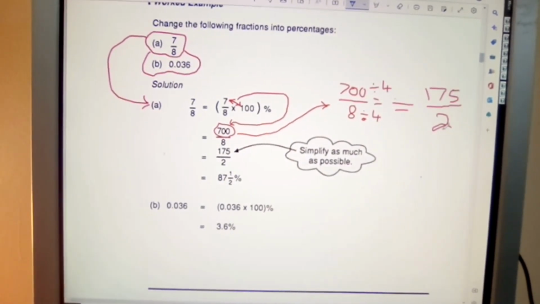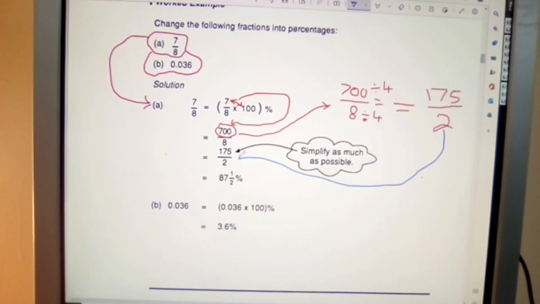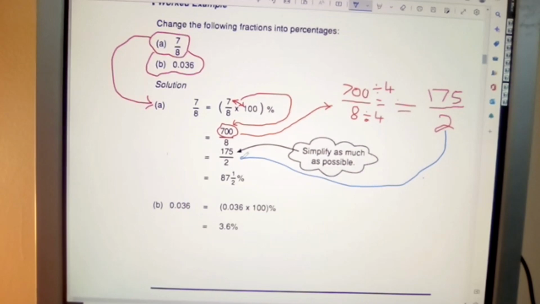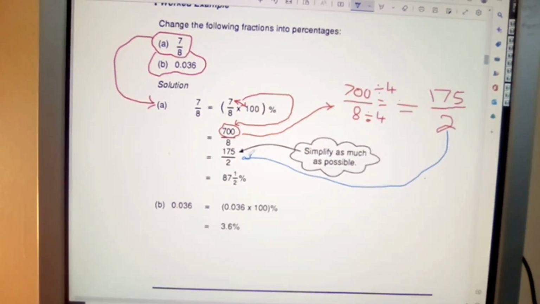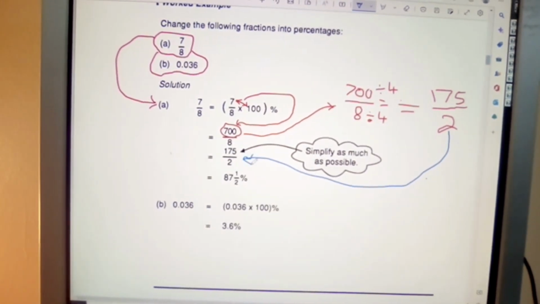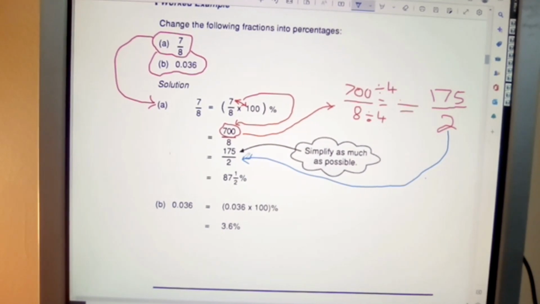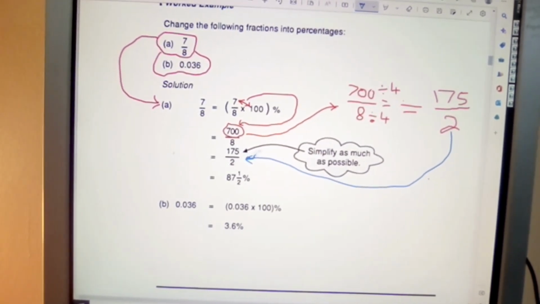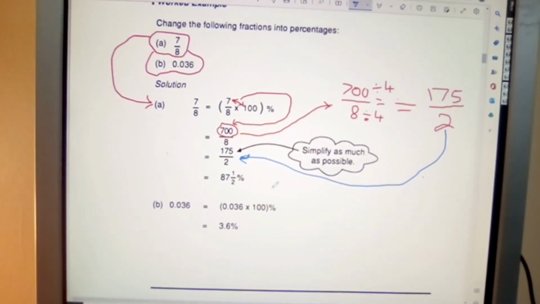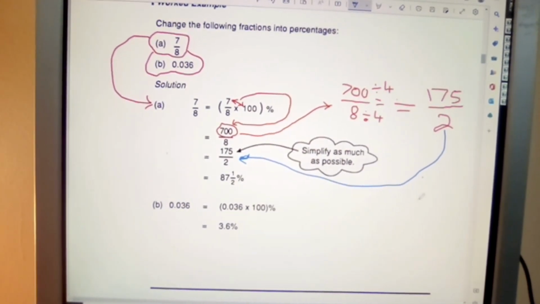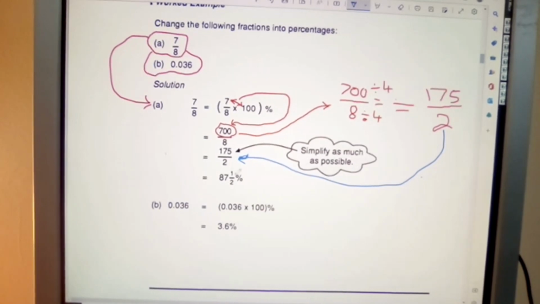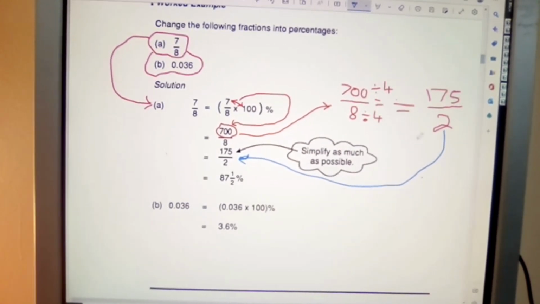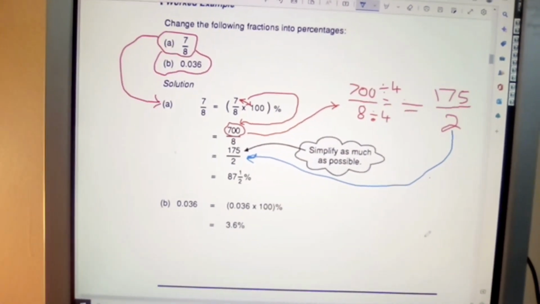And this is now this, okay? That is now that, okay? Right. So we got 175 divided by 2, and that is equal to, as a percentage,